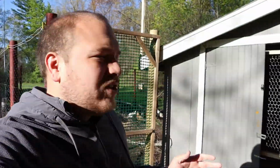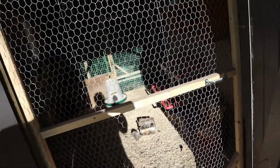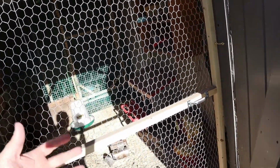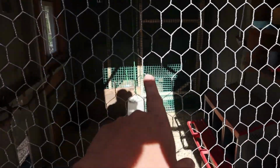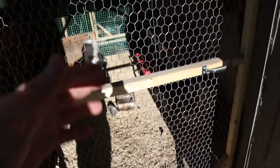Now, I can't remember if I showed this off in any of our other videos, but recently we installed here a second door for our chicken coop area, and I can see they knocked some stuff down in there. But I wanted to be able to open up this door here to let some air in, and also with us moving the turkeys back to where the chickens were and the chickens in here, the issue is every time that we'd open the door, especially with the kids, the chickens would try to run out. So this has helped out quite a bit. Before I go in there,